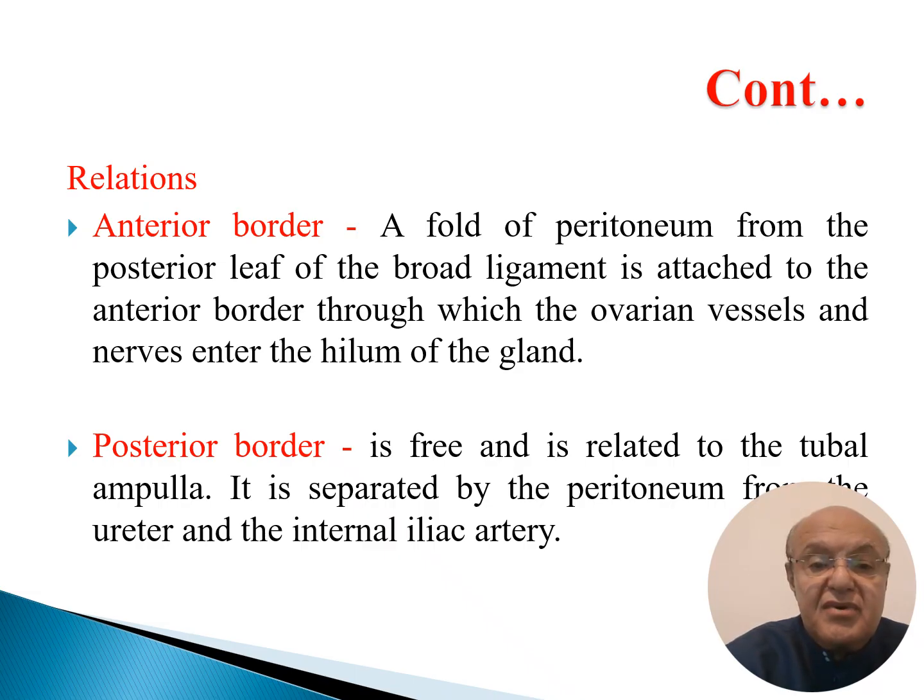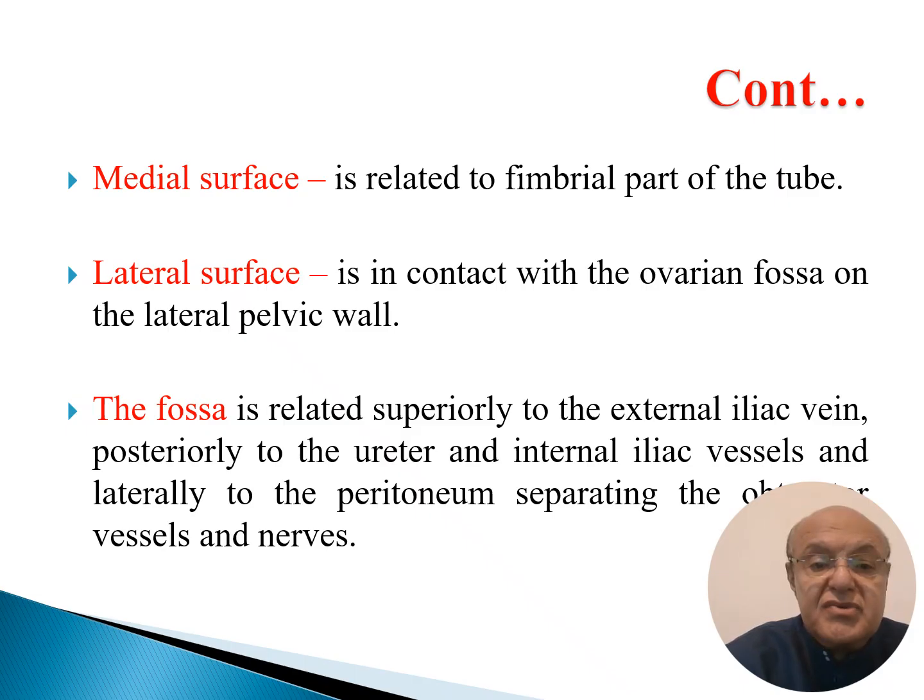This is the relation of the ovary to the surroundings. The most important thing that we need to know is that the ovary lies in a fossa. Usually the ovary can be mobile from the peritoneal fossa, which is related to the ureter and the internal iliac vessels. But if the ovary is so adherent to the peritoneal fossa because of a disease called endometriosis,